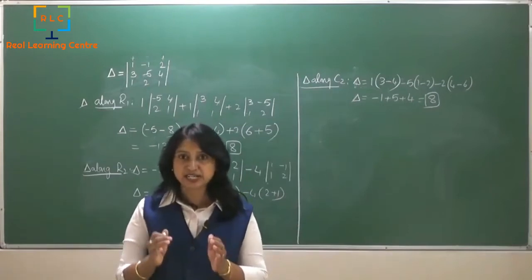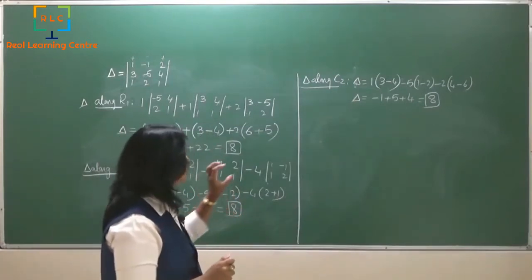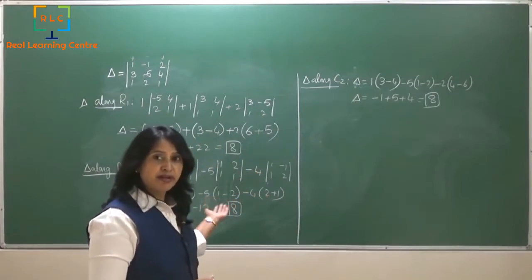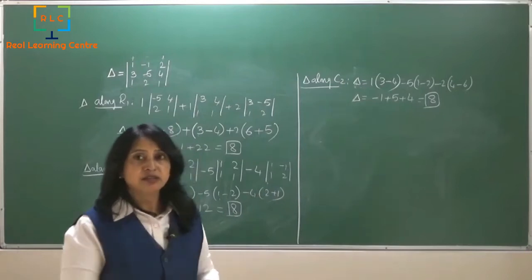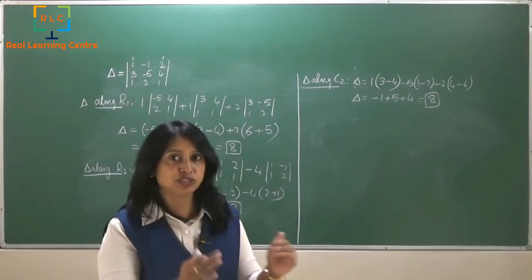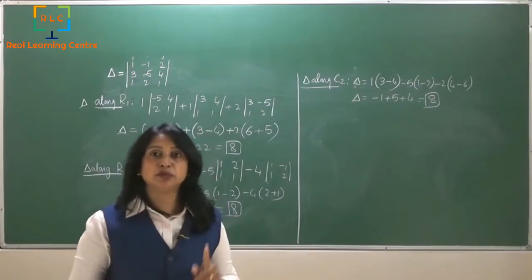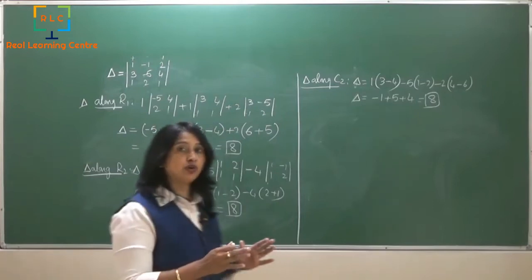So there is a set procedure which we have to follow, and we get the same number. You expand it in any row or any column, you are getting the same number. This is called the determinant value. So like this, every square matrix is associated with one real number which is called the determinant value, and this determinant should always be